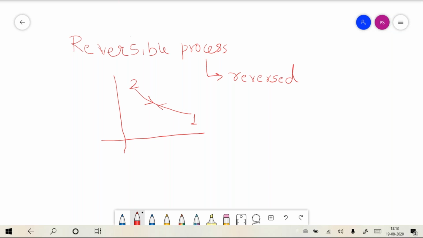Hence it is a reversible process. But that is not a very intelligent idea. The important parameter of a reversible process is that it should be reversed without any trace on the surroundings, or there should be no trace left either on the system